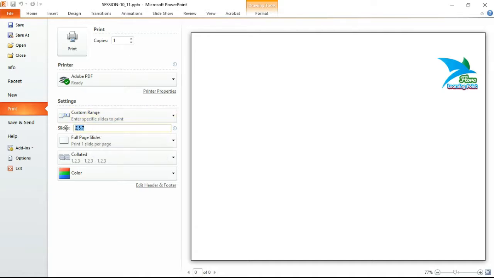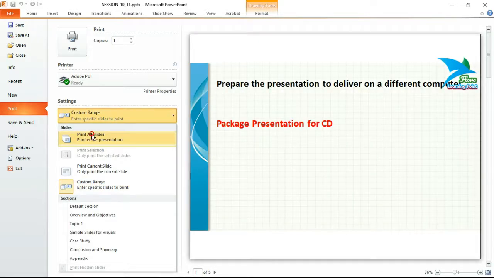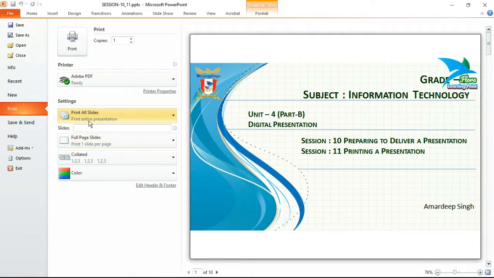It will print only the second, fifth and seventh slide. You can also specify a range. For example, if I want to print slides from 3 to 7, I'll specify 3 hyphen 7. It will print all the slides from the third to the seventh slide. So these are the options.